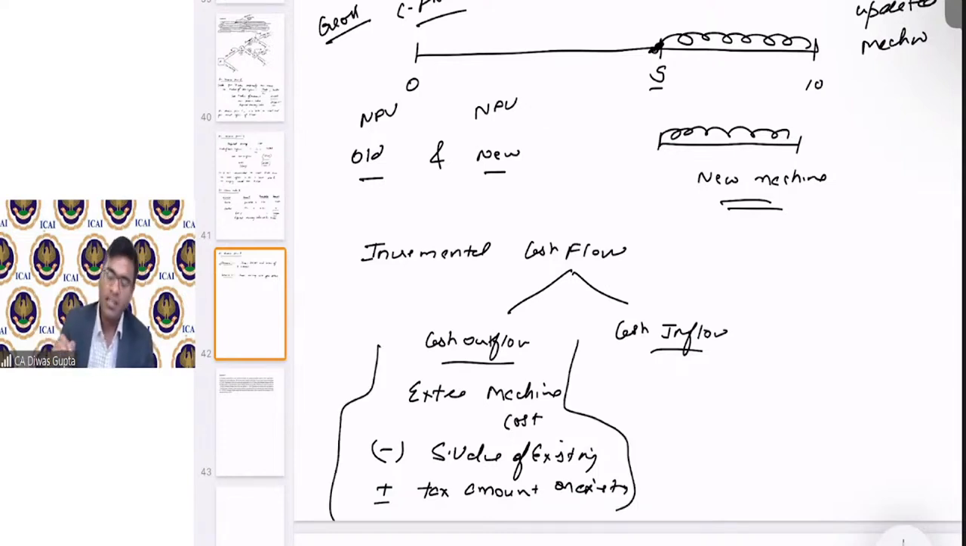Correct. This is a simple decision making, logical thinking that I'm putting here. If you want to replace the existing machine with a new machine, for the new machine you will have to see what is the extra machine cost, what is the salvage value that I'm getting that I will reduce because that will be a saving to me, and whatever is the tax treatment on that amount. Similarly, cash inflow, the